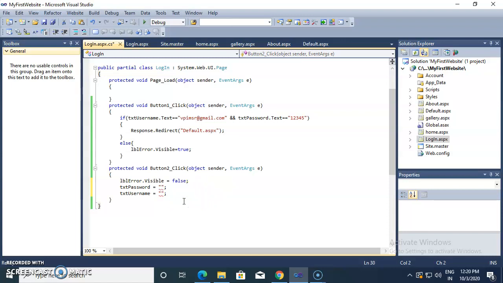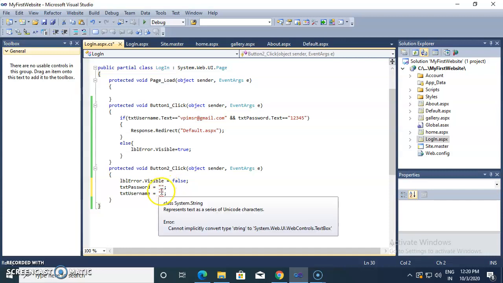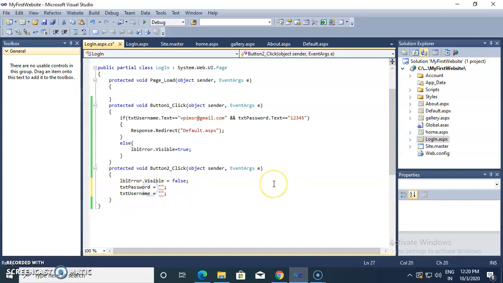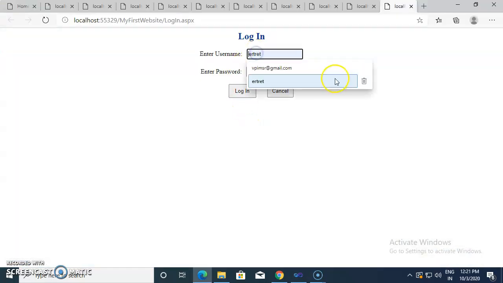So how can we clear the text boxes? By using an empty string. Store an empty string inside the text boxes. So this is how we clear the text boxes. I'm giving here any name.